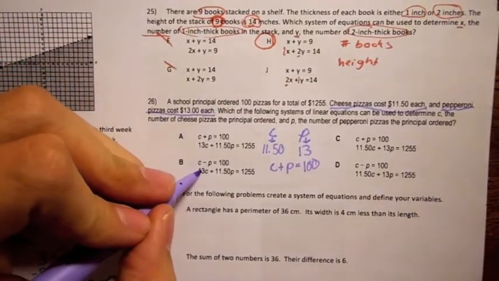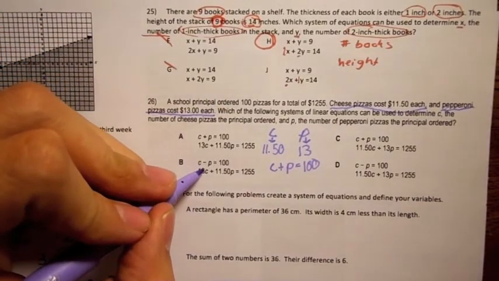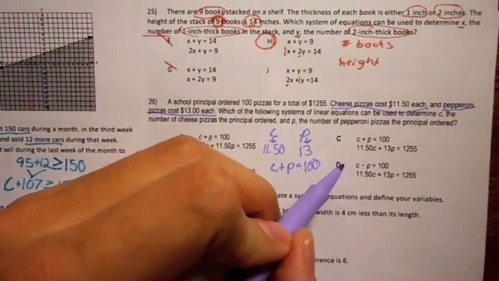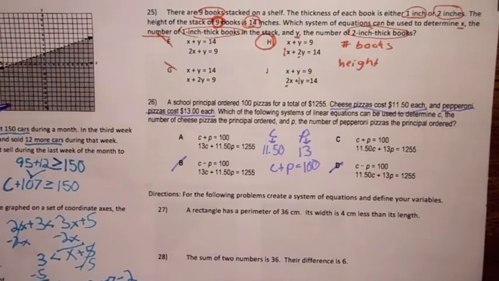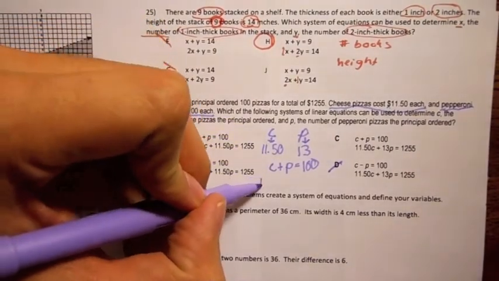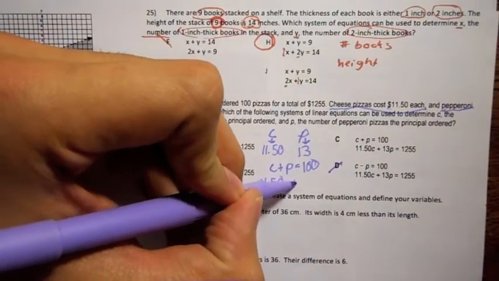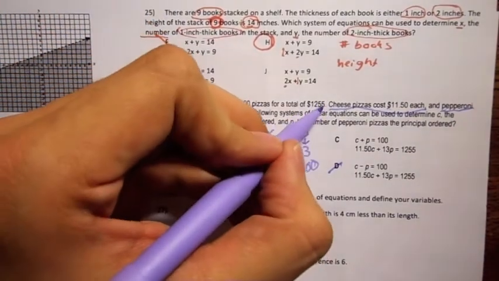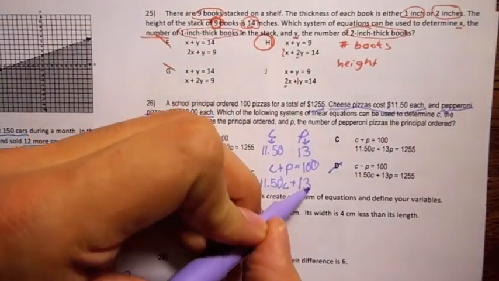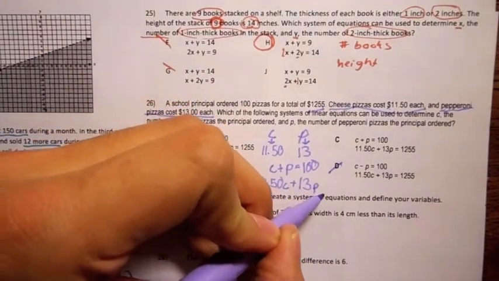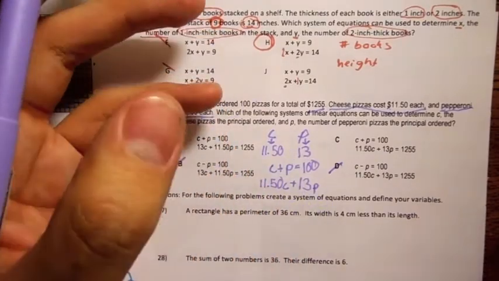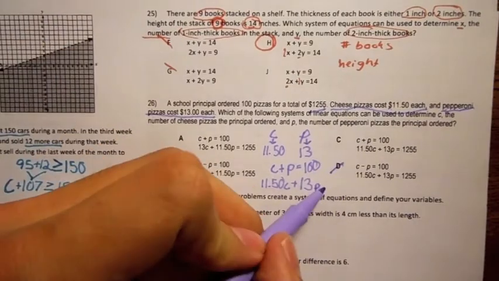So, C plus P equals 100 you can have with answer choice B with C minus P. That answer choice is automatically incorrect. D, same thing. That answer choice can be crossed out. Now, because cheese pizzas are $11.50 each, we can write that here, because we're starting to try to figure out how much it actually costs, but that total is written up here. And then pepperoni are 13 each, so we stick those 2 together. We don't put 13 with C or 11.50 with P. That's not how the problem gave it to us. So in total,